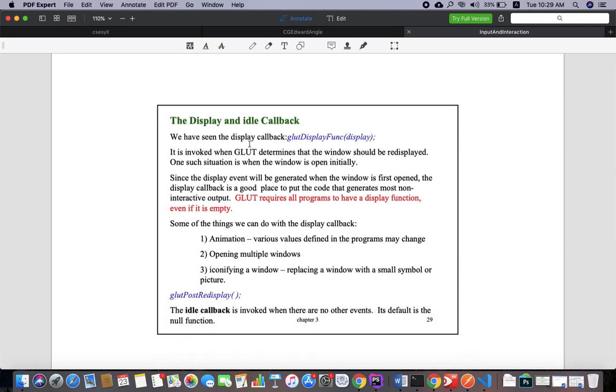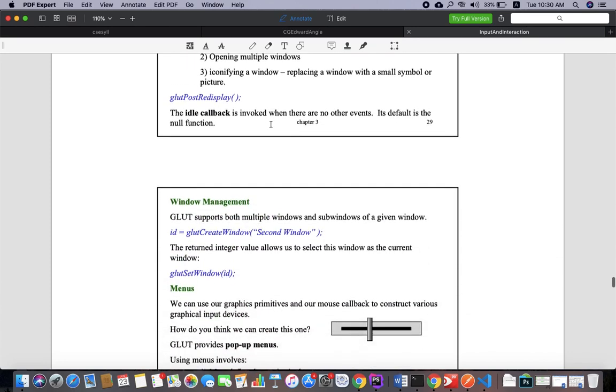Next, the display function or the idle callback function. So what is a display? Any object you want to draw has to be written inside the display function given here. Any animation or transformation also should be given in the display function. Remember, what will glutPostRedisplay do? It will execute this display function again and again. That is what we call an idle callback, which calls back the display function again and again. You just need to use glutPostRedisplay, which will execute the display again and again.